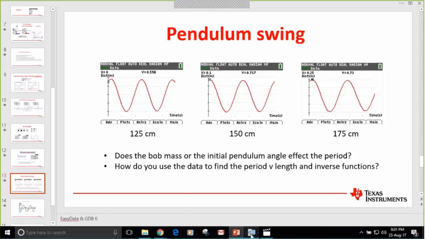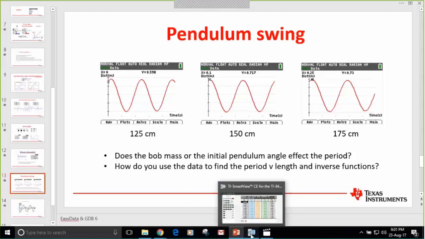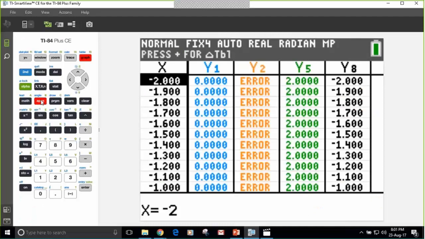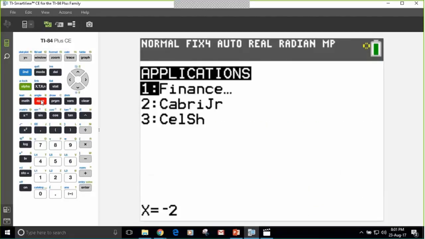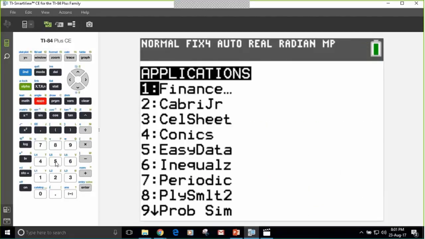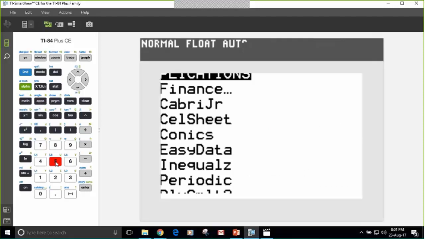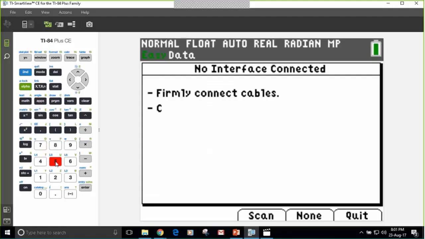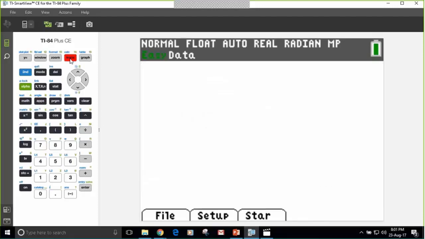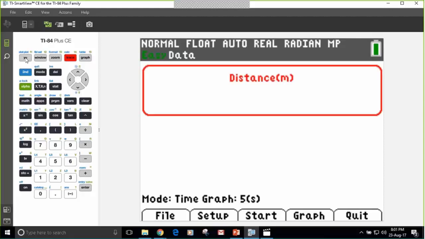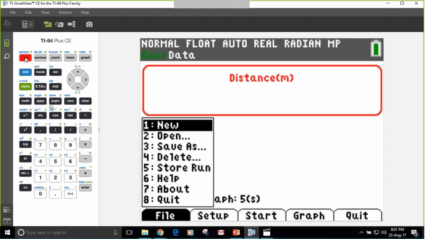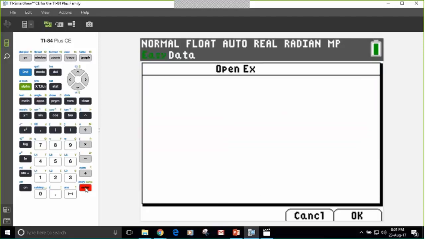I rather like this one. It gives you some great data. So if we go in here, I don't know whether people know how to use this sort of stuff, so I'll just quickly mention, go into the Easy Data app. We haven't got that loaded at the moment, so there's nothing there. But if I go in File and I open a file,